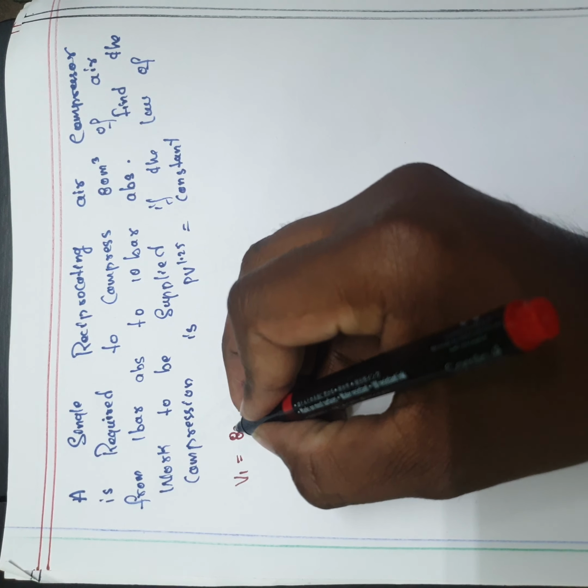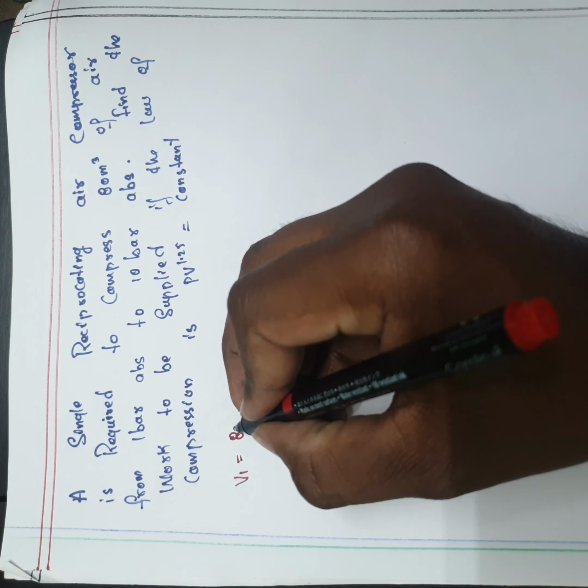After that, 10 to the power of 5 can be split into 10 square and 10 cube. The 1 is written as it is, and this is Newton per meter square. 10 square also written as it is. In place of 10 to the power of 3, you can write kilonewton per meter square. So, this will become 100 kilonewton per meter square. Whatever the first one given, that one you have to consider as P1.